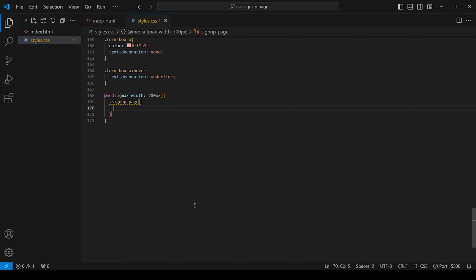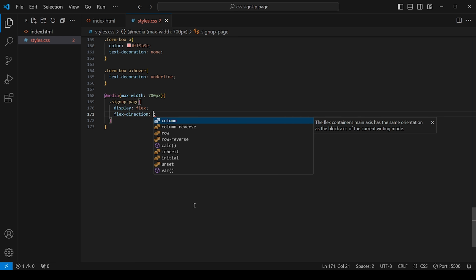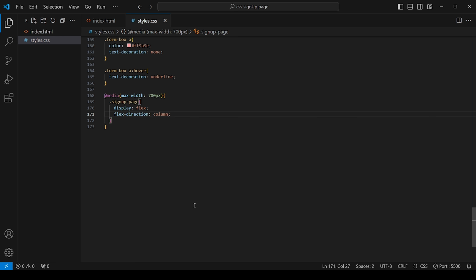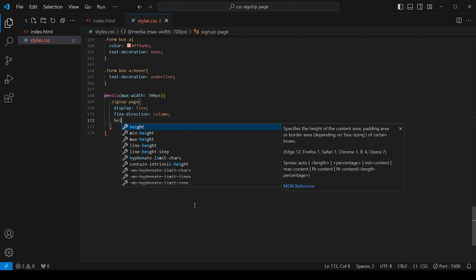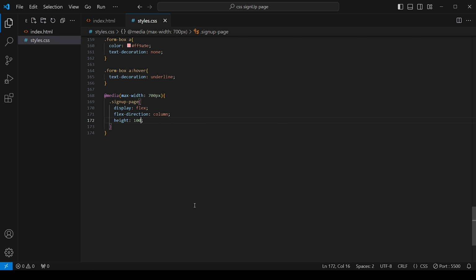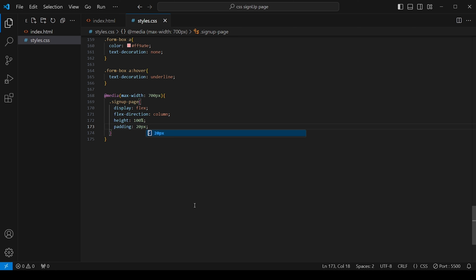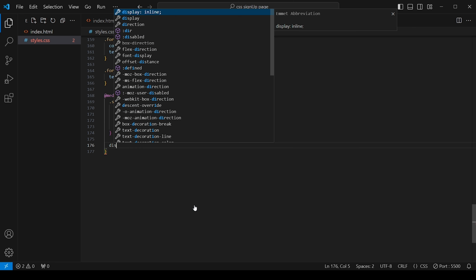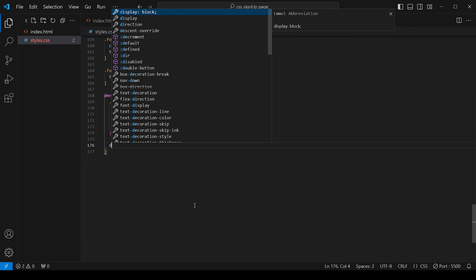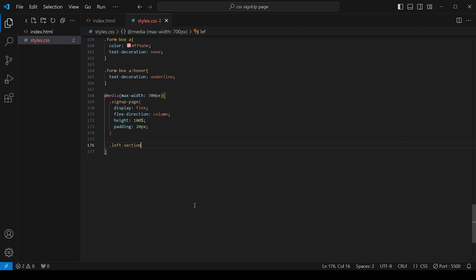Here we're going to have display flex, and next we're going to have flex direction. It's going to be column on smaller screens. Then next we're going to have height, and it's going to be 100%. Padding is going to be 20%. Then we're going to set the left section. Left section is going to be display none. We're going to make it disappear on smaller screens. And right section